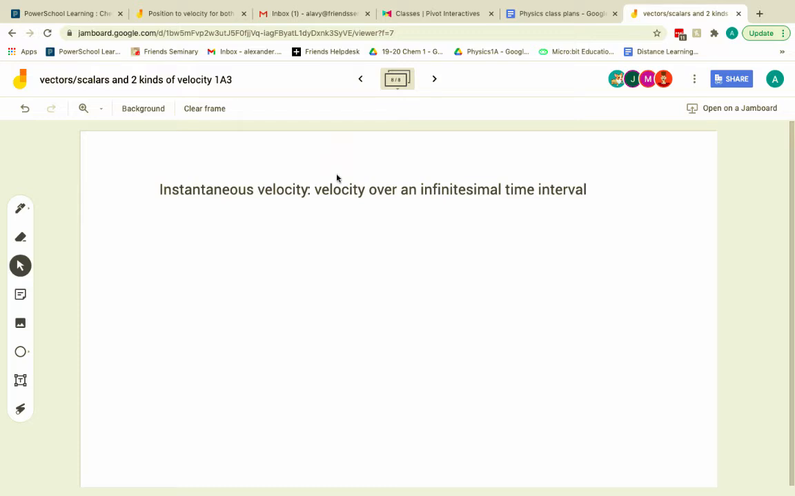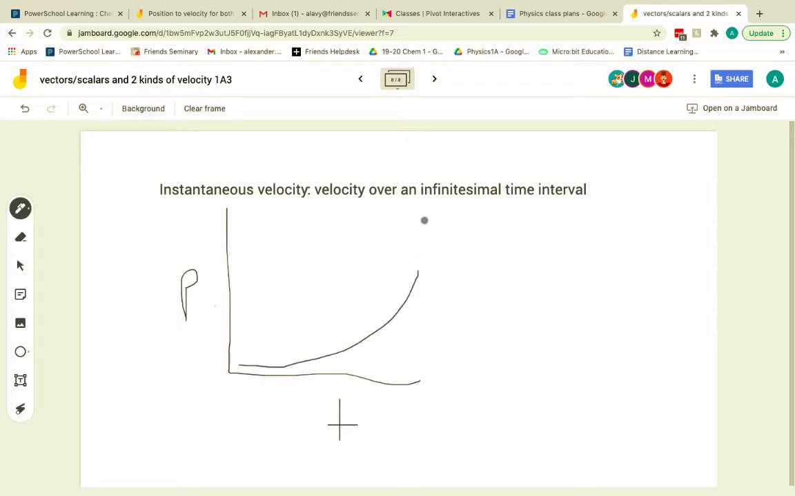And I want to define it as velocity over an infinitesimal time interval. Let me try to give you an idea of what that means. Let's say we have a graph, and it looks like this, position over time, and I'm not going to draw numbers on it, but just follow along with me. And it's an object that's speeding up. At this time, let's say this is like 2 seconds,